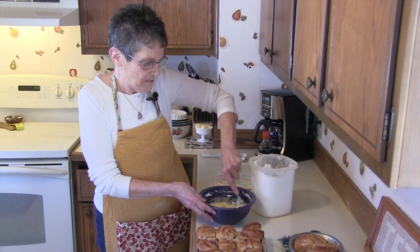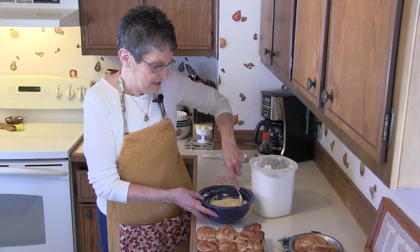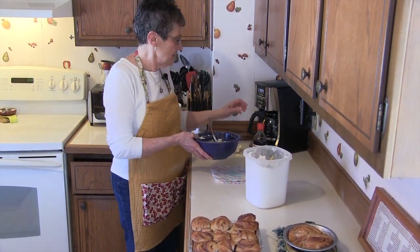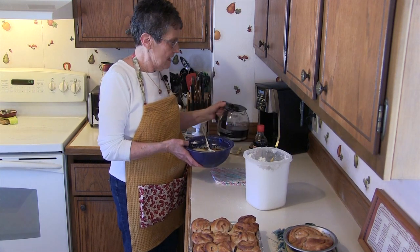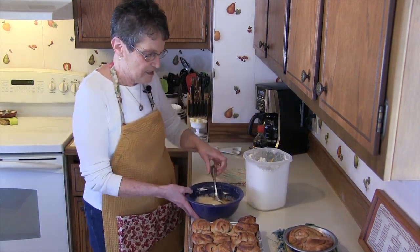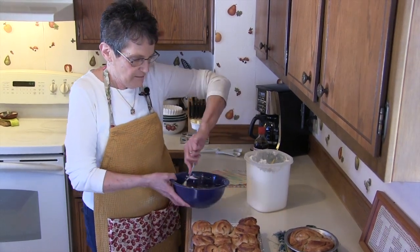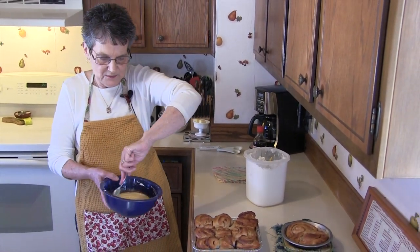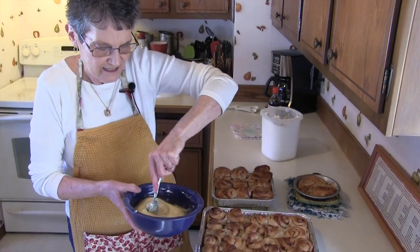Like I said, I've got a couple of kids at church that like my cinnamon rolls, and so they'll come up and they'll say, Miss Janie, we need some cinnamon rolls. And so then I try to work that into my cooking schedule, to take my little friends some cinnamon rolls. So we're just about there, because you want it where you can